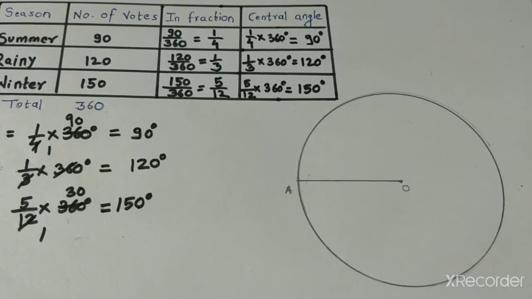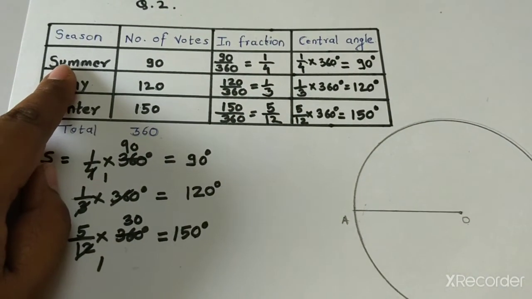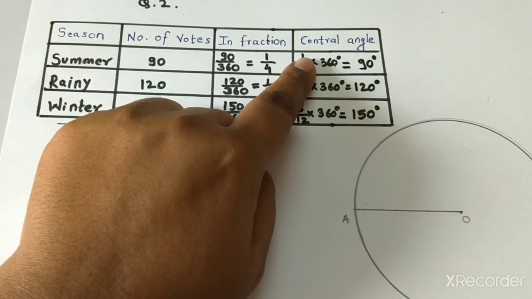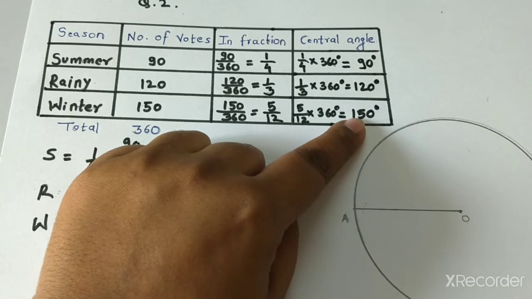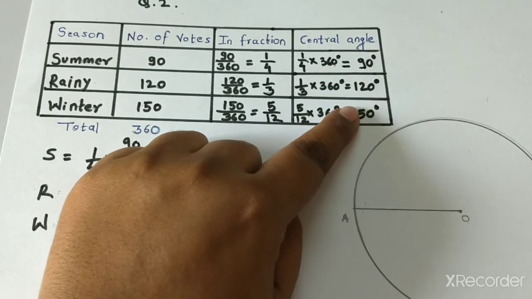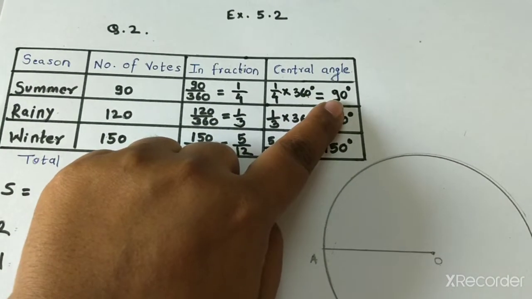First angle, right? Now let us see, the first is summer. It is not necessary that you start with the first only. You can draw the largest angle first. That will also do, children, okay? You can draw any of the angles, but try to complete all, okay? So now first is 90 degree.